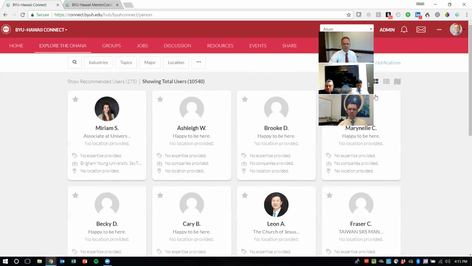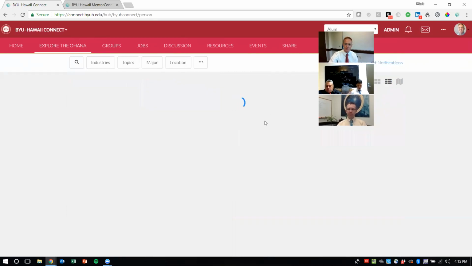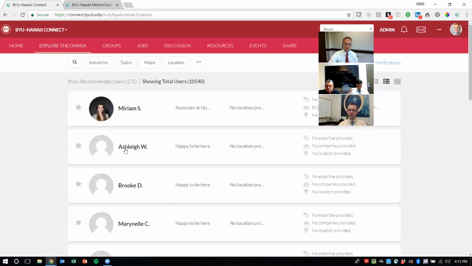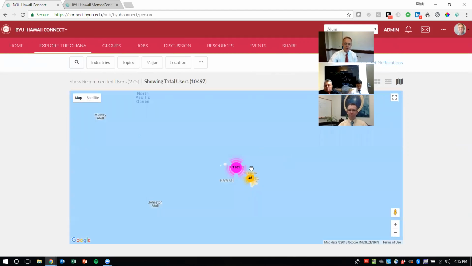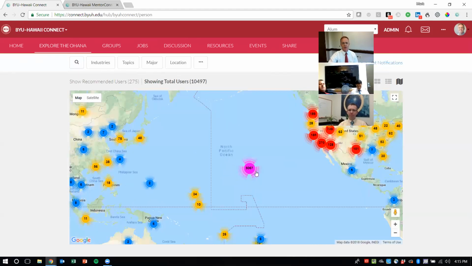And you can see I can view these in a number of different ways. I can see this tile representation. I can see something that's a little bit more like Excel rows, right? And I can see a little bit more information about those people. And then the big kicker here, I love so much, I can throw them onto a map. And in a Google Map interface, I can actually see a representation of where our alumni are all around the world.